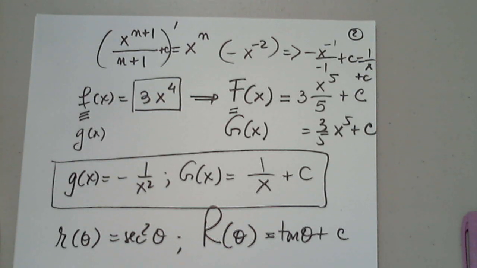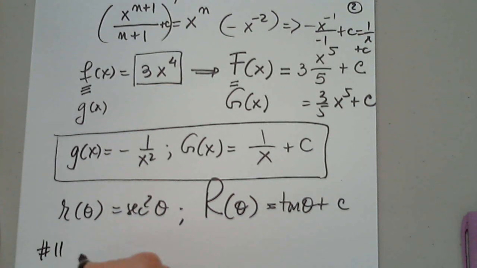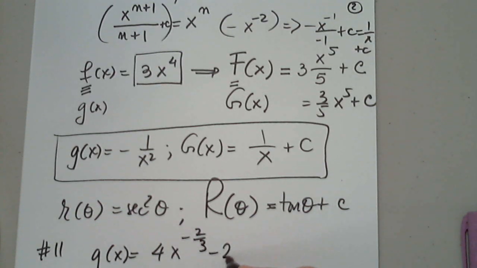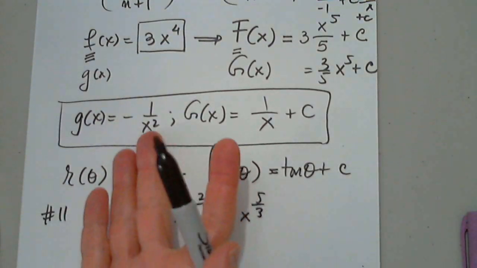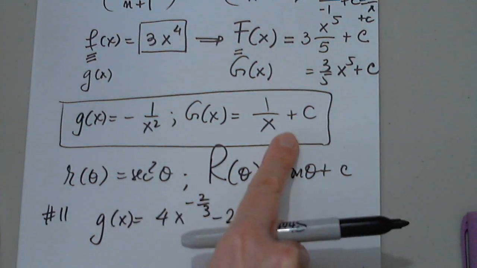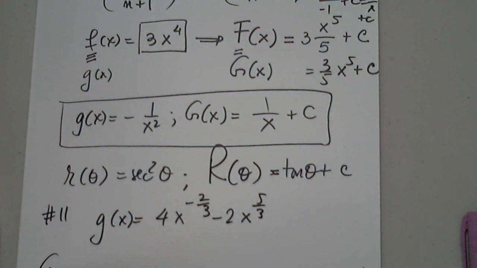Okay. So back to any problem. This looks weird, so let's look at it. And then I'll let you choose. I keep saying that I let you choose, and I don't. 4x to negative 2/3 minus 2x to 5/3. This is not a friendly situation. And we don't really have rules other than the power rule for this. We cannot quickly determine that. So the uppercase G